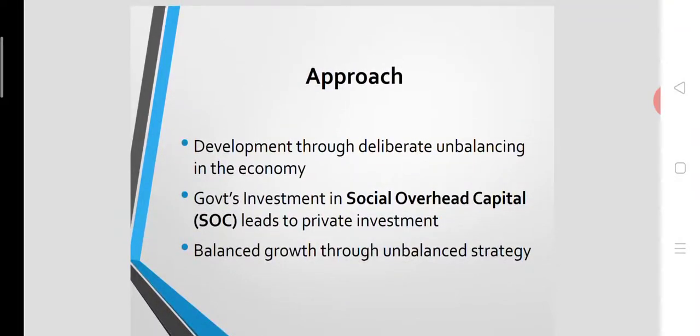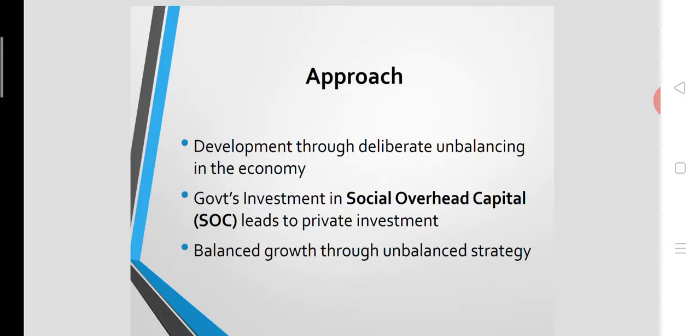And look again into the approach. As per the unbalanced growth theory, development is possible. Development can be attained through deliberate unbalancing in the economy. That is why this is called unbalanced growth theory. So the theory